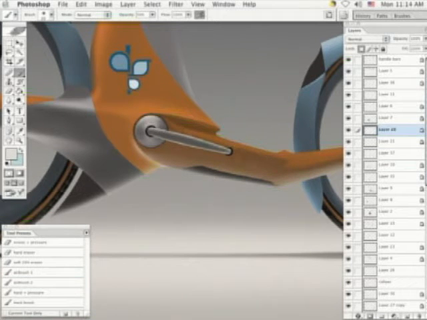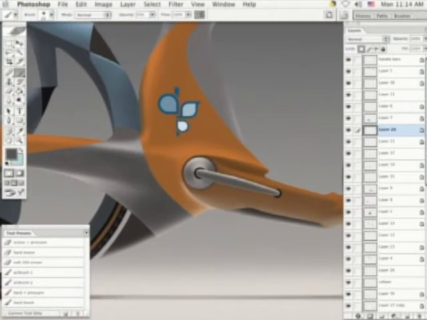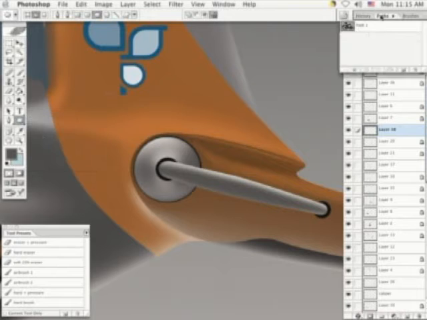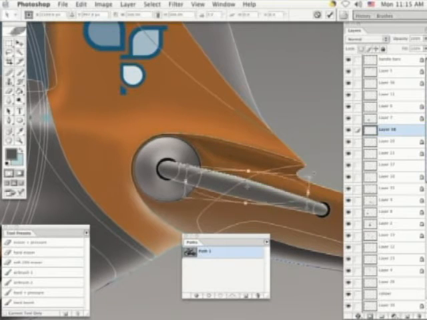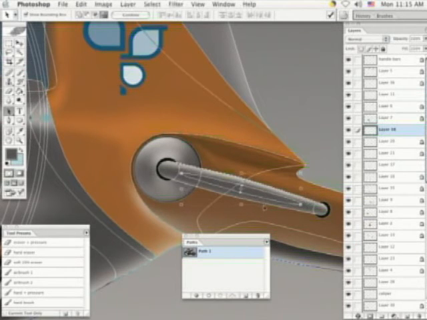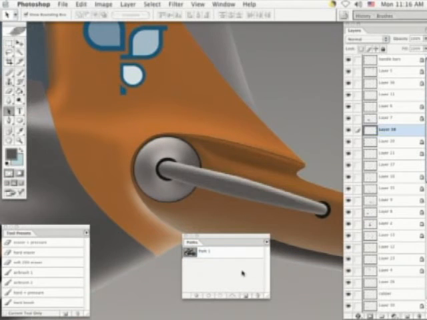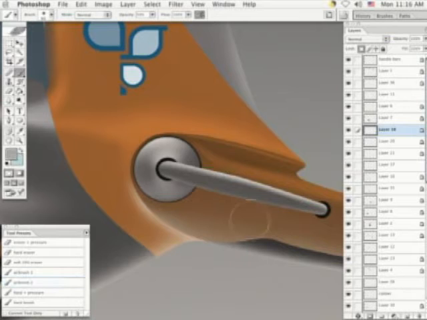Here's my crank arm taking form, a little reflected light, a little light from above. You always want your primary light source to be stronger. So you notice on that crank arm, essentially it's gray. The light source from above is white, so that would give me gray. I'm going to put a little concavity on the side of this crank arm. So I've just made a little path, made a new layer, filled it, and now I've just come back in,